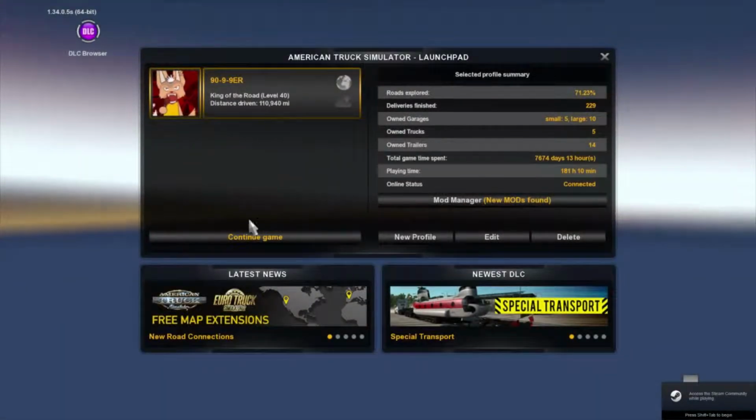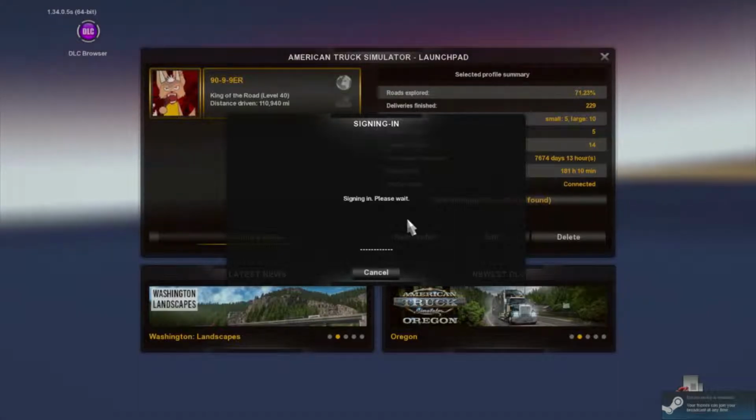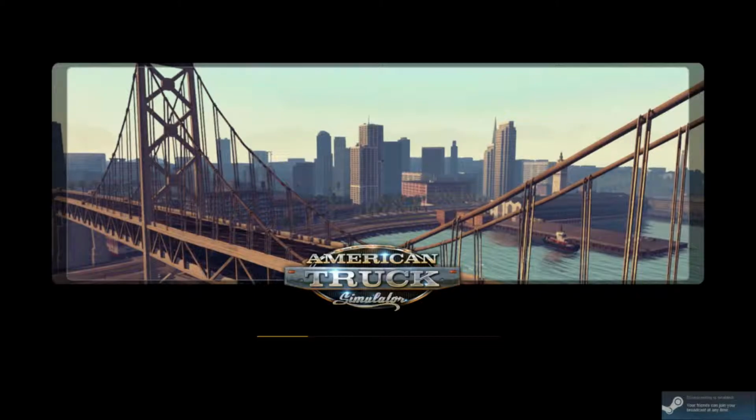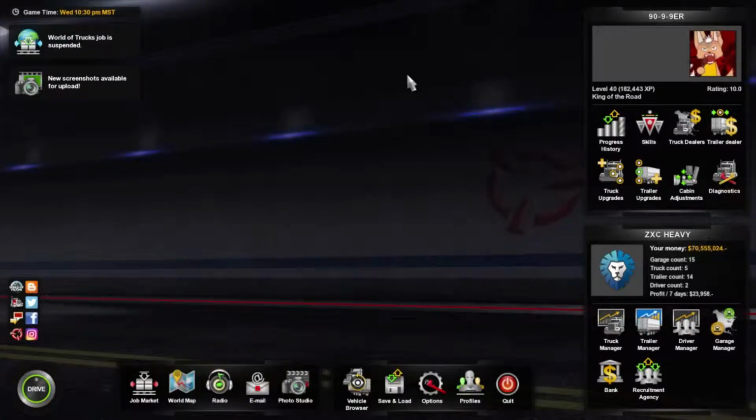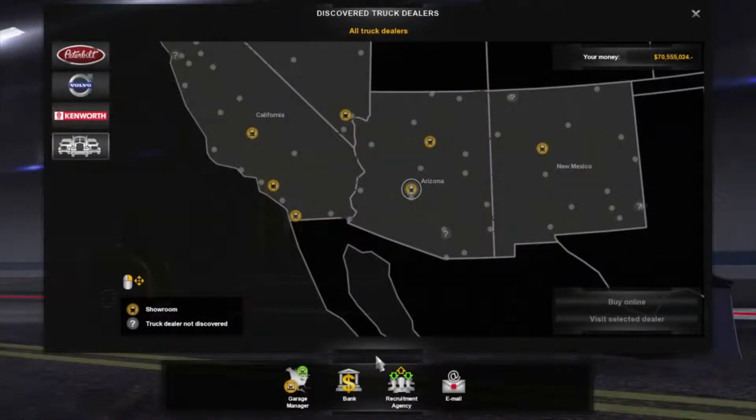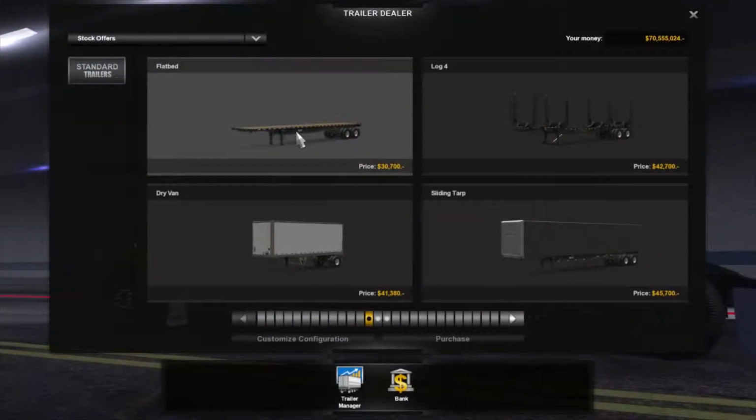And basically, when we build a trailer through save editing, we build off an existing trailer already. That's the easiest way I found, because when it saves a trailer, it gives it some random name. And this random name is different every single time, so it's kind of hard to predict what a name is going to be. So what we'll do right now is go to the trailer dealer, not the truck dealer, the trailer dealer,